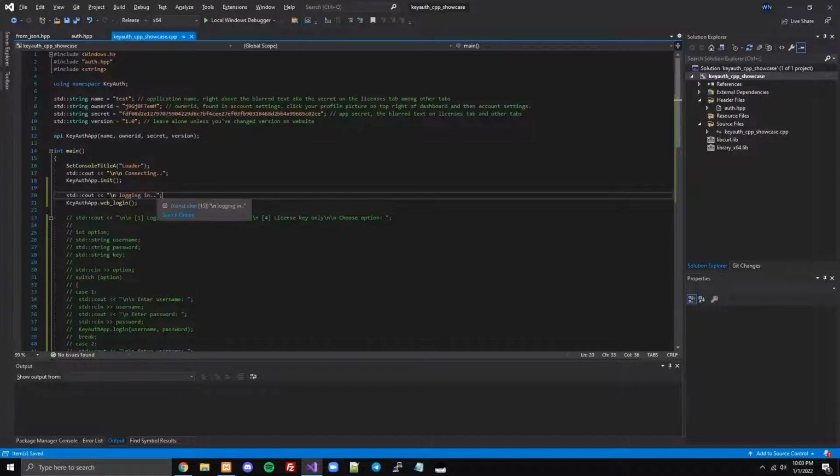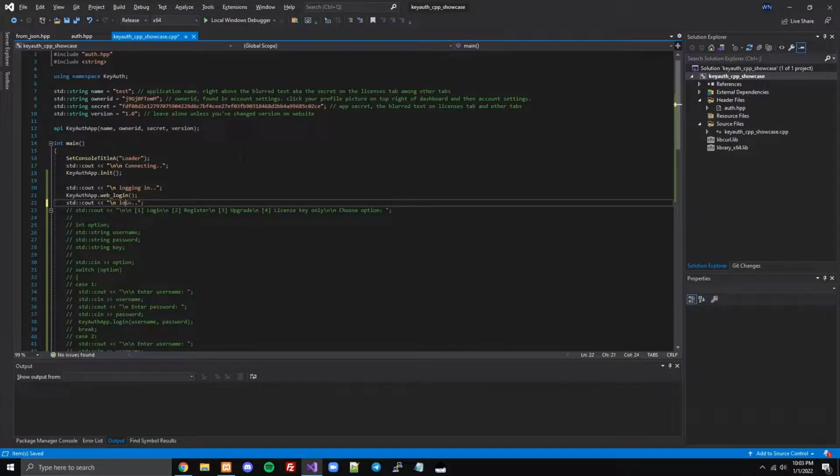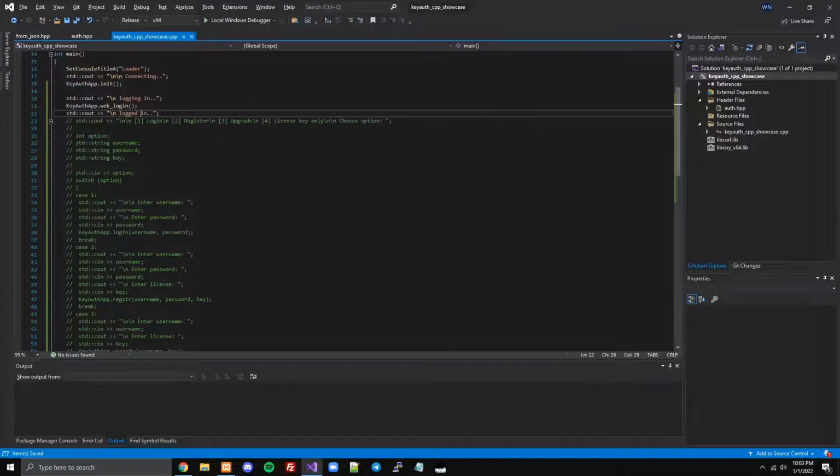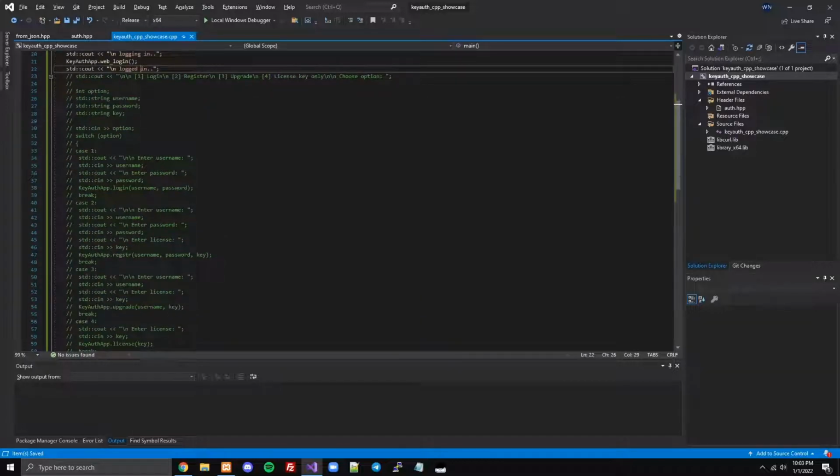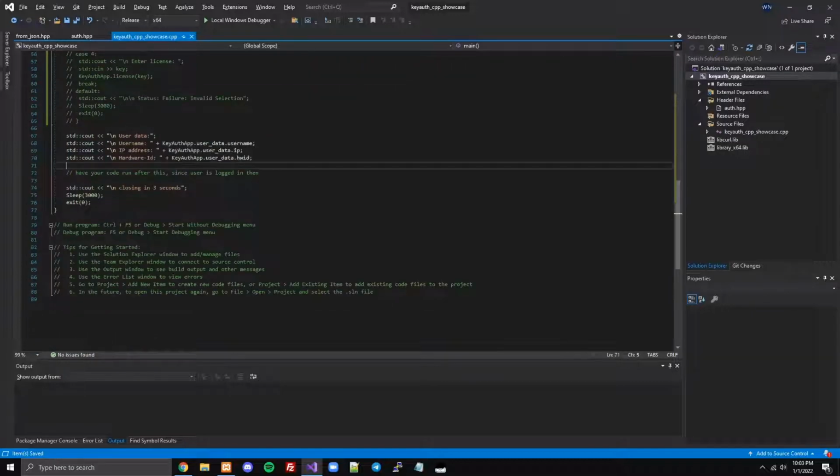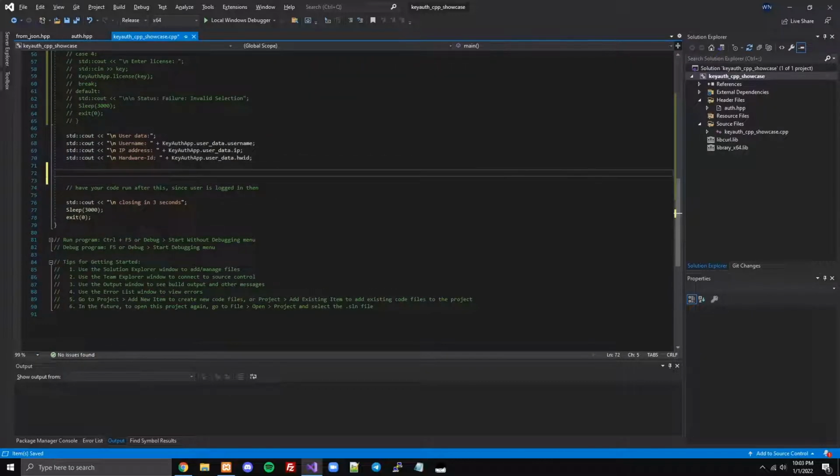All right, it should be logged in pretty quickly. Logged in. And then if you want to be able to control, like if you need your user to input something, or that you want them to control it from the customer panel, you're going to want to go to wherever that is, and then